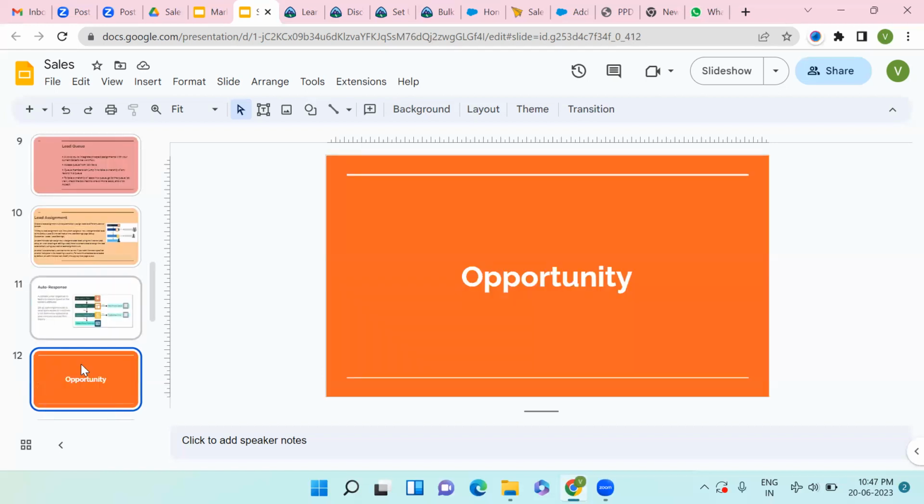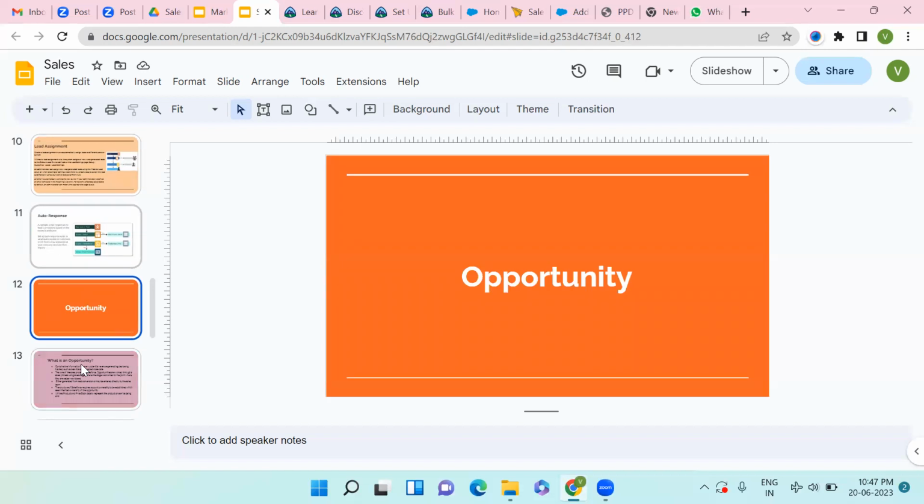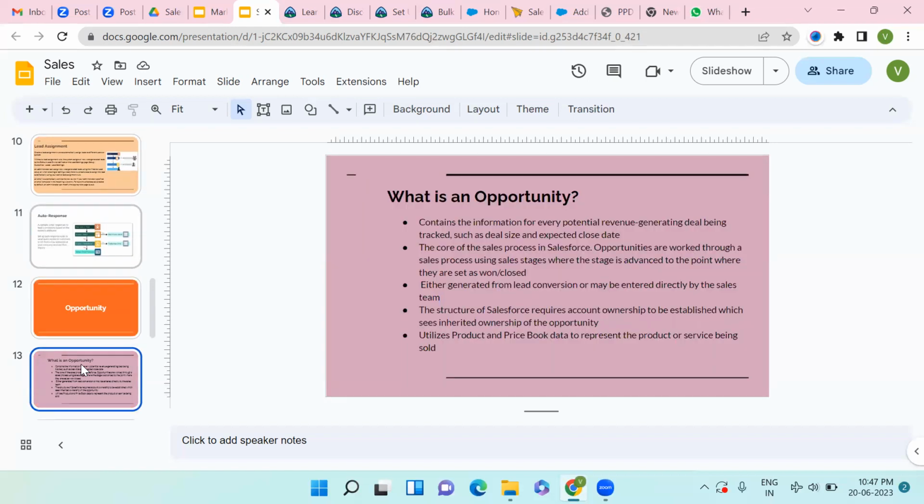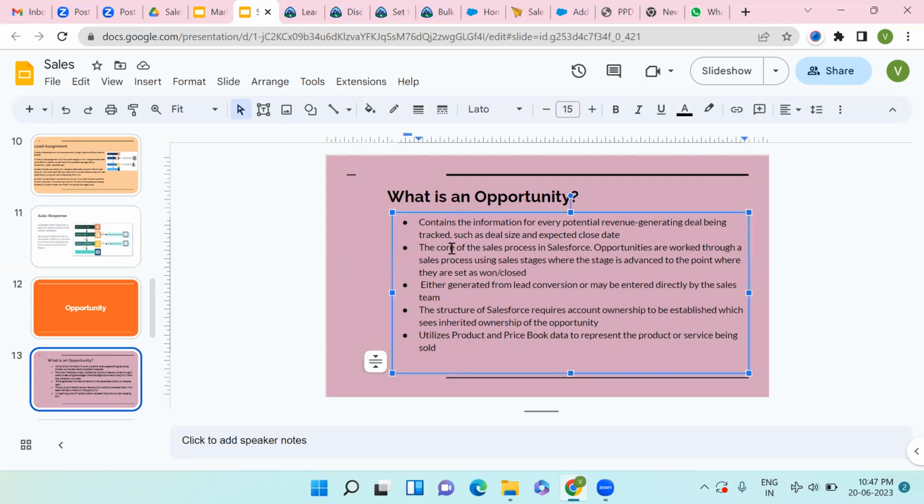Okay, opportunity. We have come to the opportunity. As the name suggests, it's an opportunity for us to generate our revenue and retain our customer, to build our business or to scale our business to the global level. The opportunity is also the heart of Salesforce, because it stores the amount, the revenue, and the product which you are selling to the customer. It will fetch all the prices available for your product. All things will be catered in the opportunity standard object itself. That's the use of opportunity.